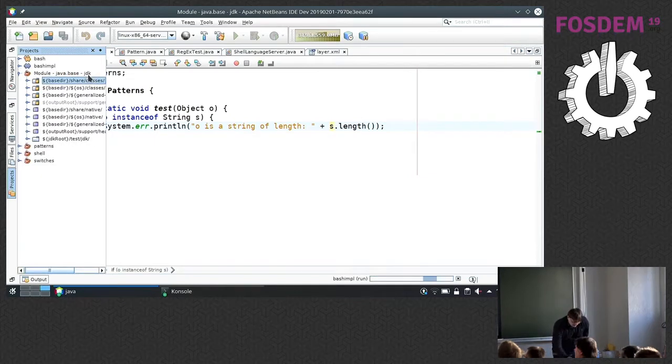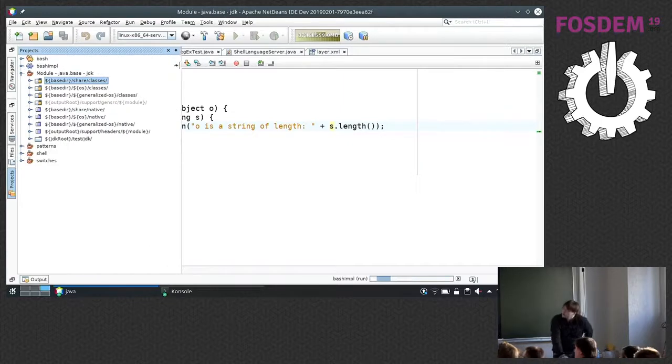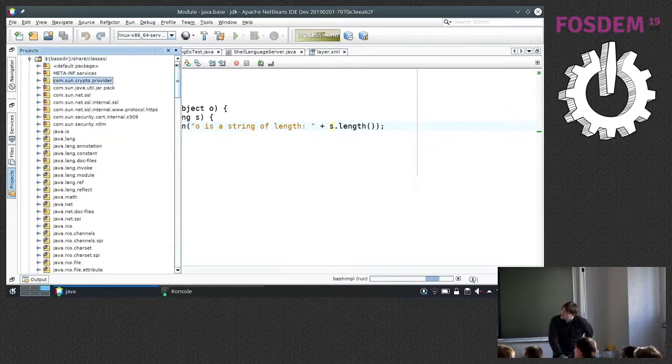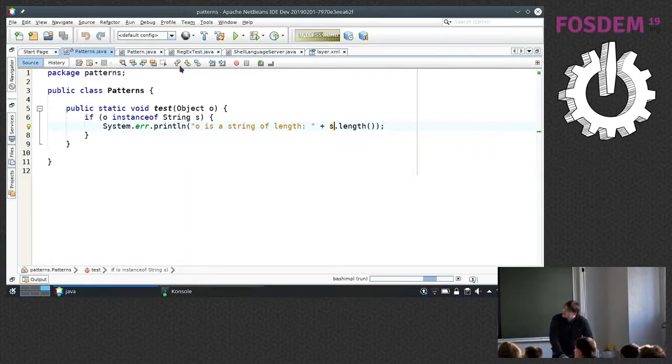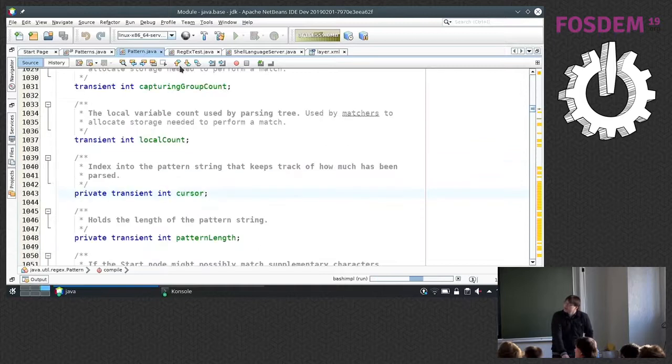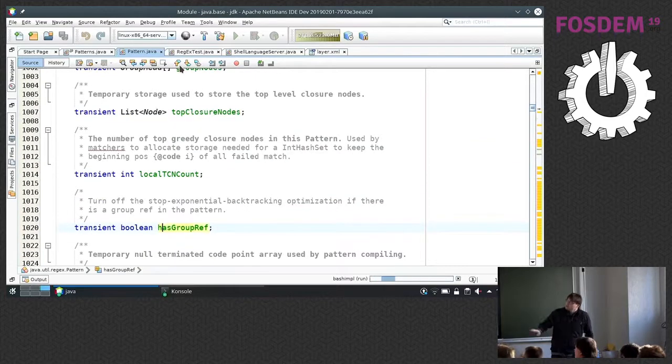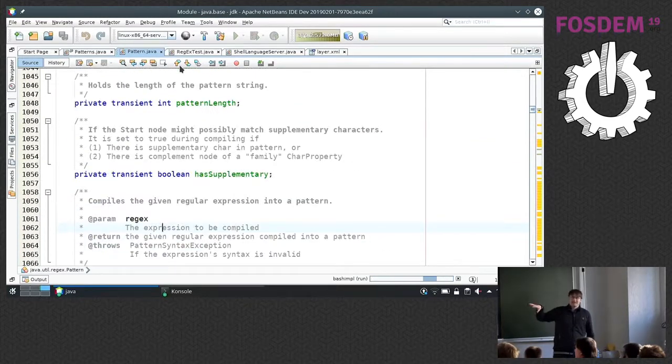Let me try to make this bigger. You can browse the source code. This is the Java regex Pattern. For me this is reasonably cool because I can work on the sources without anything else.